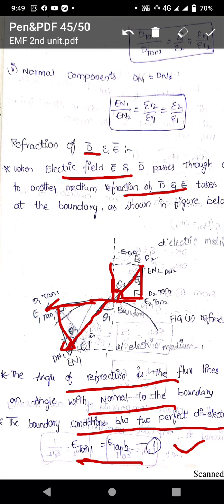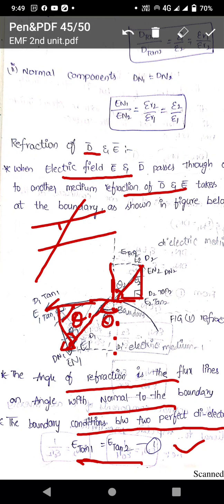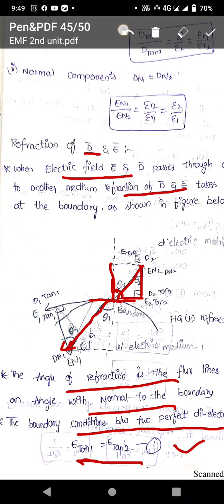Okay, I understand this. This angle is theta 1. This angle is similar to this angle. This is also theta 1. This is theta 1. Suppose if you draw two lines, the angle here is equal to this angle, like that. This angle equals this angle at the boundary. This diagram we have to draw perfectly and clearly in your notebook. If you practice once, then you can understand easily.